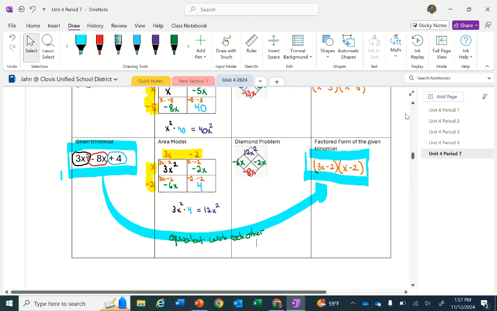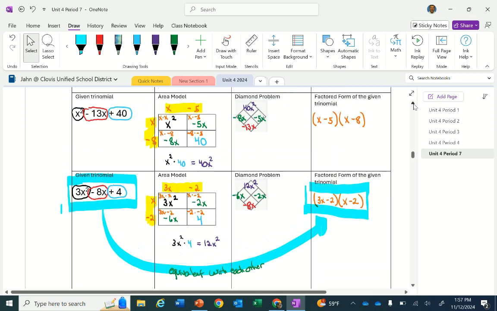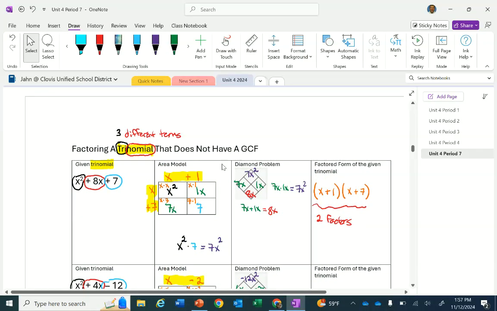And there we go. There's factoring, how to factor a trinomial when we do not have a greatest common factor, a GCF. Section 4-1, second page of the